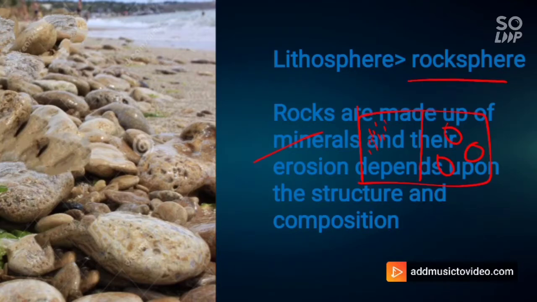In this case, the minerals which are present, and the water, whether acidic or basic, will lead to chemical decomposition of these rocks. But in the non-porous one, chemical decomposition is actually not seen. So based on the structure and the mineral composition, you can determine which type of weathering is going to be seen in these particular rocks.